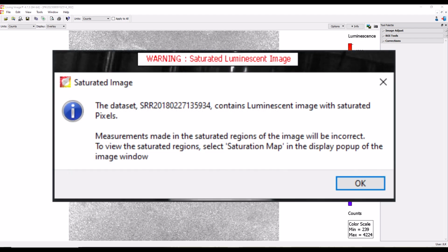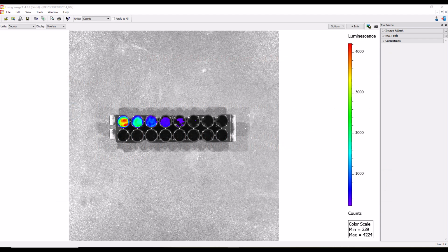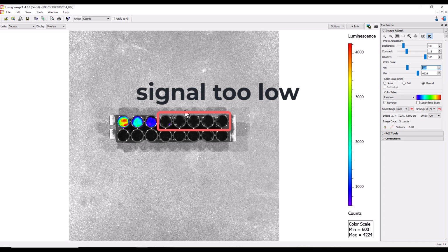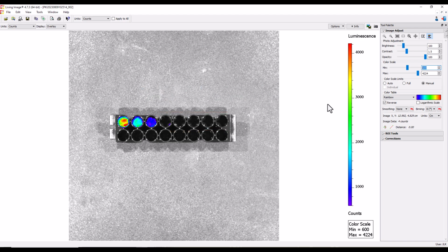One simple way to confirm that you're within this range is to open the Image Adjust tab on the tool palette and type in 600 as the color scale minimum. This will change our display to show only pixels that contain count values greater than 600 counts. Any wells with ROIs measuring outside of the 600 to 60,000 count range should not be included in our quantitative